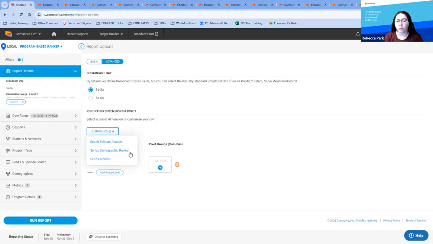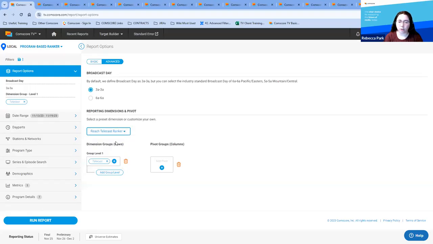If you do want to select a preset report, keep in mind what it will change inside of your filters. It will do automatic changes, and some filters will stay the same as a default selection or a selection you have made. So if I were to select telecast and reach telecast ranker, pay attention over on the left side here inside of the filters bar. At the moment, we currently have stations selected. We currently have 6 metrics, 4 program details, and the default date range for the last final week of full final data. If I were to select a telecast ranker,